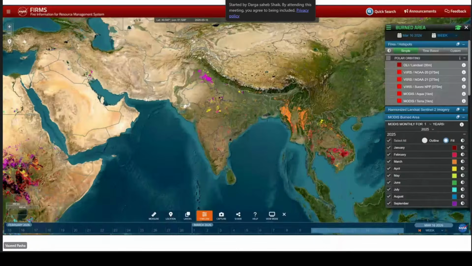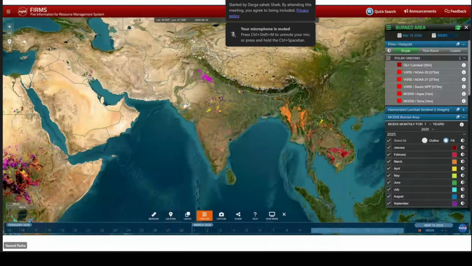You can navigate to this website and, for example, select India, and you will get monthly MODIS forest fire data. Here you can see, especially in India and the Southeast Asia region, most of the forest fires happened in September in Punjab and Haryana.